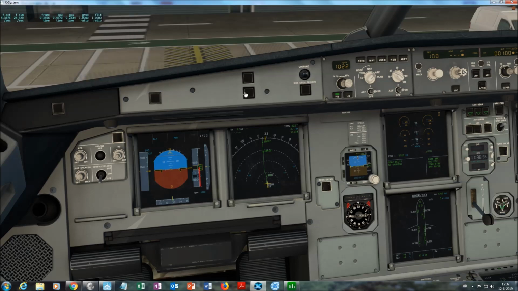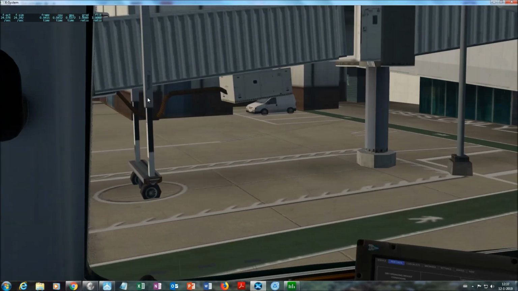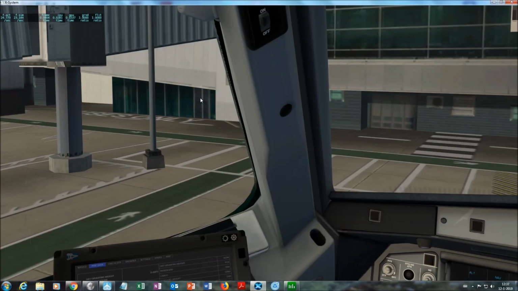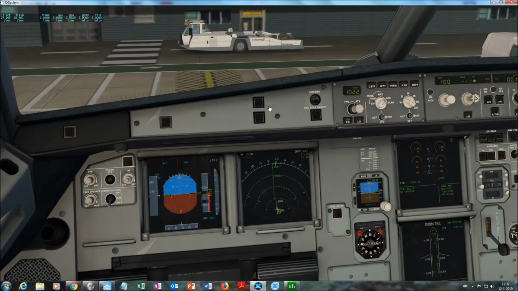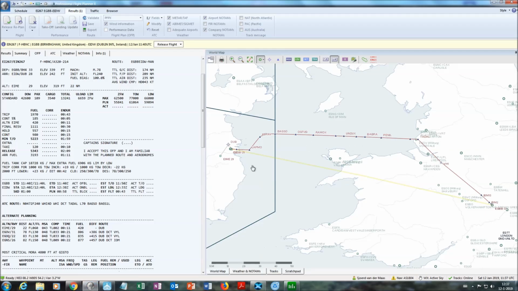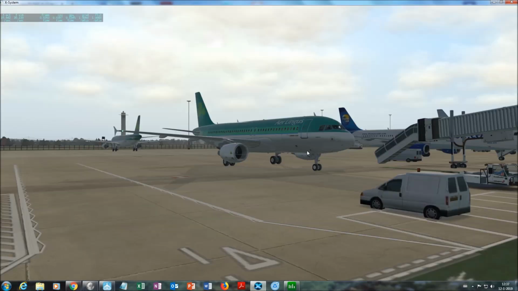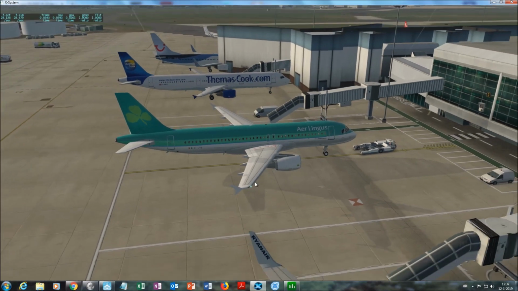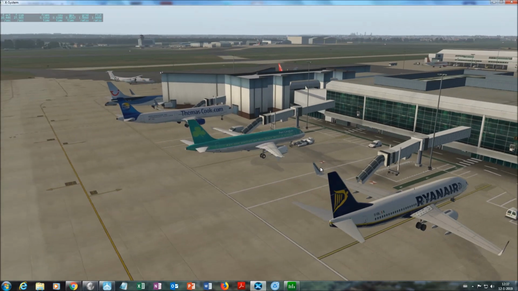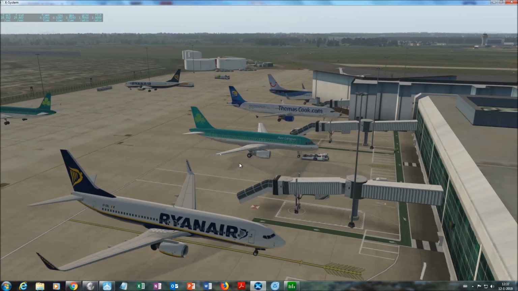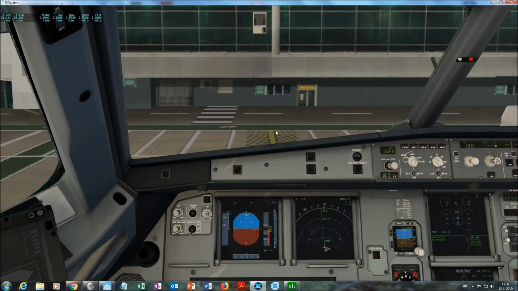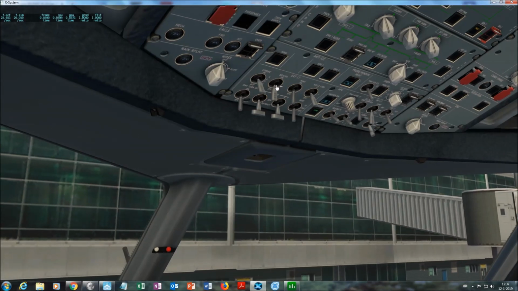By the way, the AI traffic that you're looking at this airport, that's generated by XLife Deluxe. I will not use the ATC function of XLife because this flight plan was generated by myself, and somehow I get error messages concerning the wide gate to tail lag. It doesn't recognize that. So that's for another video. But the AI traffic in itself is actually pretty cool. I really like that feature. It makes the airports more alive and the skies more lively and crowded. So let's switch on the beacon lights